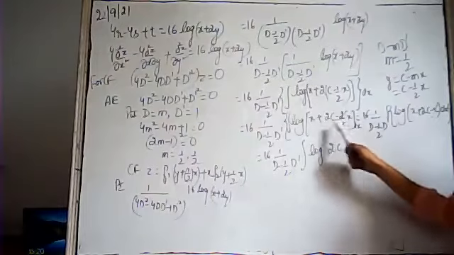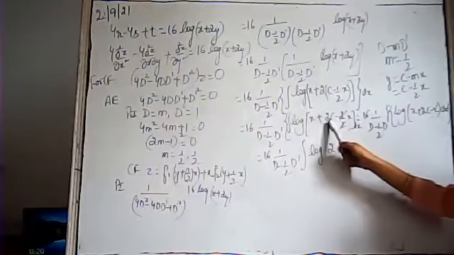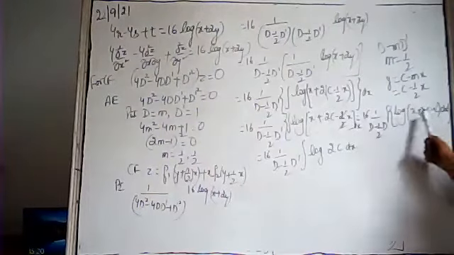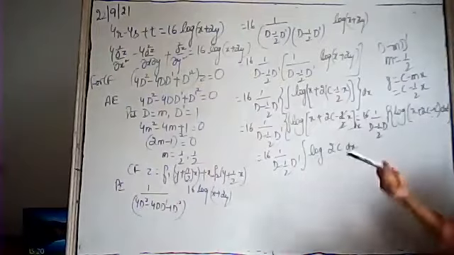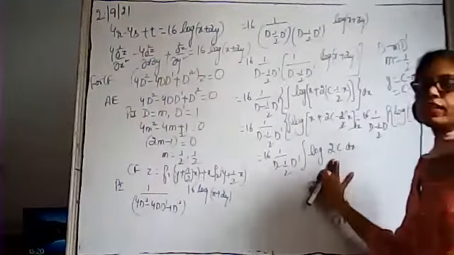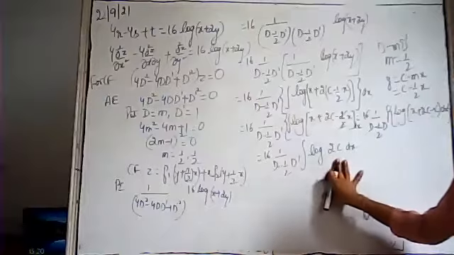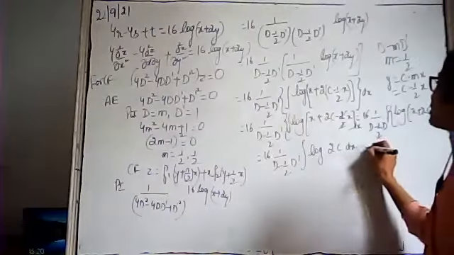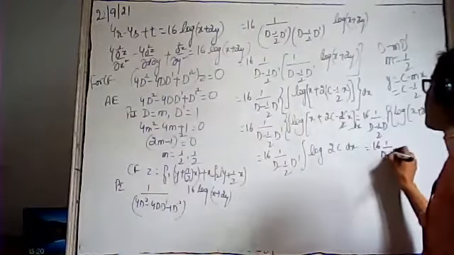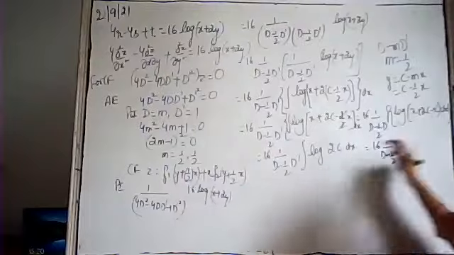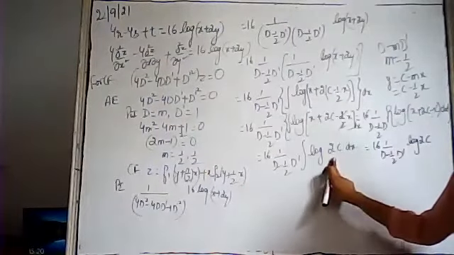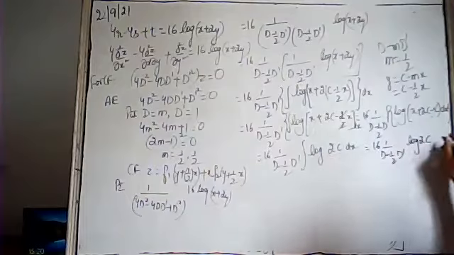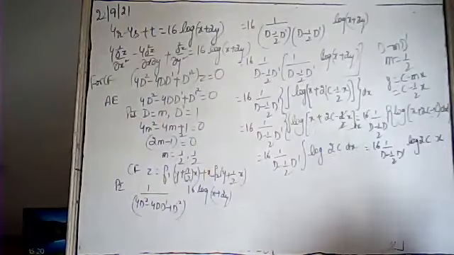2 and 2 will be cancel out. You will get x plus 2c minus x. ये x और x फिर से cancel होंगे. It will be log of 2c. अब we have to integrate this function with respect to x. But log 2c, this is constant function. So its integration will be log 2c will remain as it is. It means that we have to integrate 1. Integration of 1 with respect to x will be x.